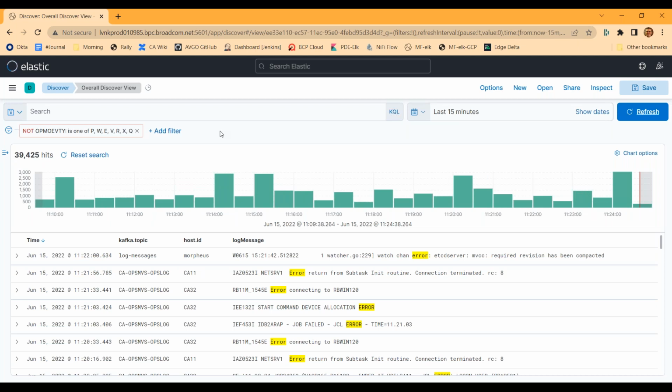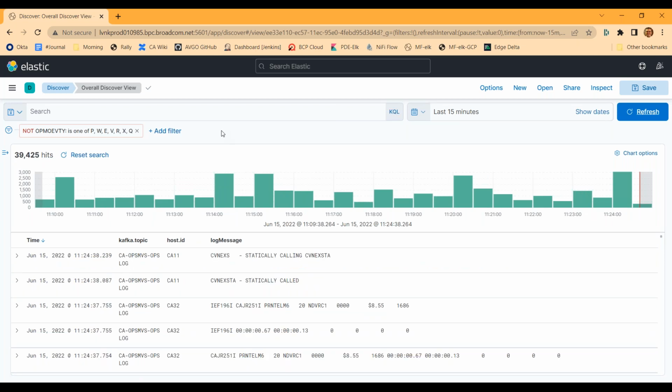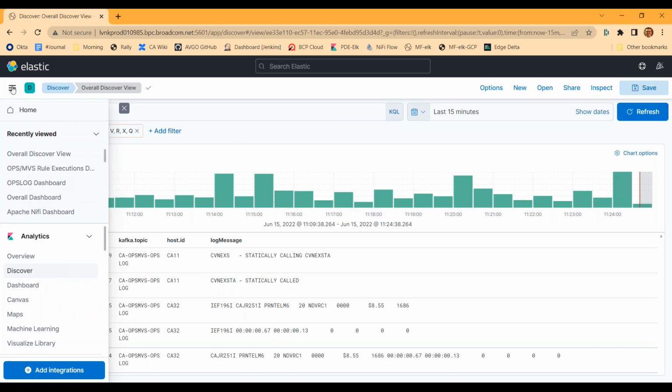Oh, now it's 39,000. Okay. Anyway, I want to show you a little bit about some visualization. Now that we've got all of this data in an Elasticsearch database, what can we do with it? These are very simple, rudimentary and crude visualizations that you can do with a tool like Elastic.